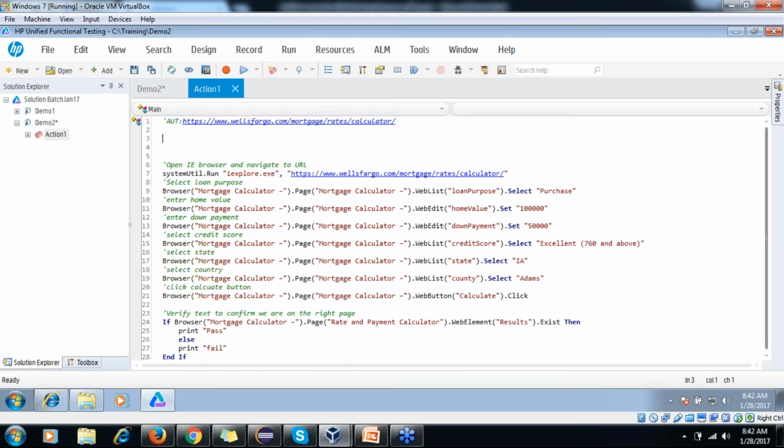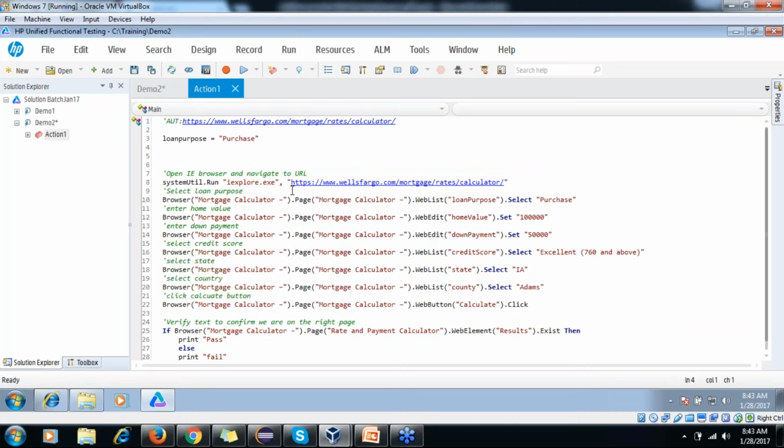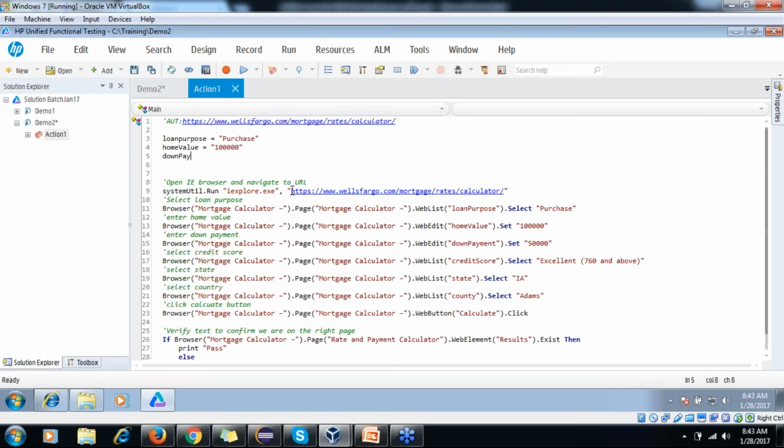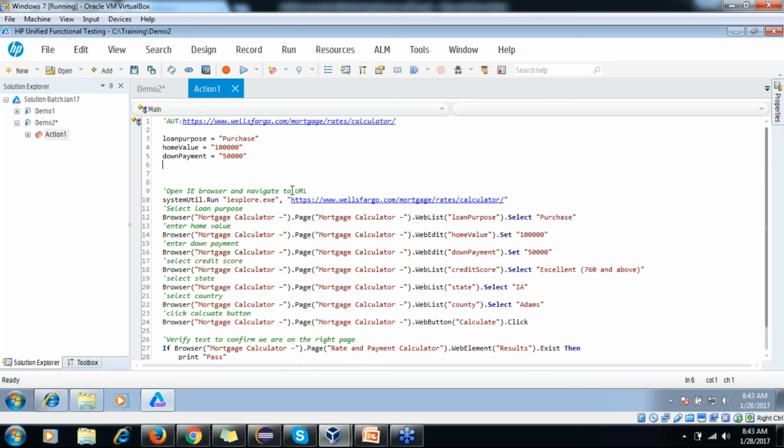So here I say loan purpose, and I say purchase, then home value, 1 lakh, then down payment, 50,000, and then we have to select credit score, right?